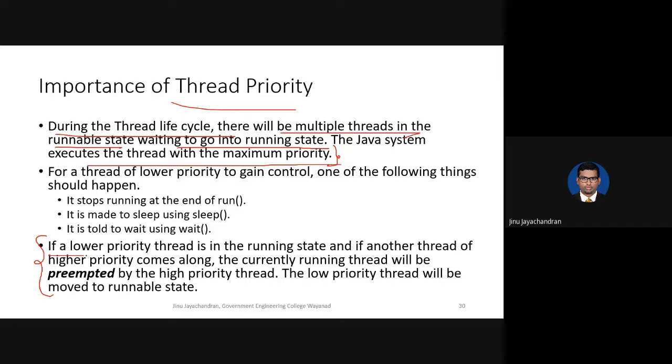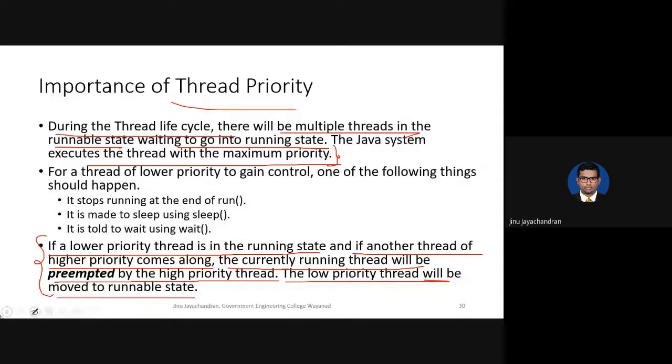If a lower priority thread is in the running state, and another thread of higher priority comes along and wants to execute, the currently running thread will be preempted by the high priority thread. Preempted means it will be stopped, and the one that has come will start running, and the lower priority thread will be moved to the runnable state.